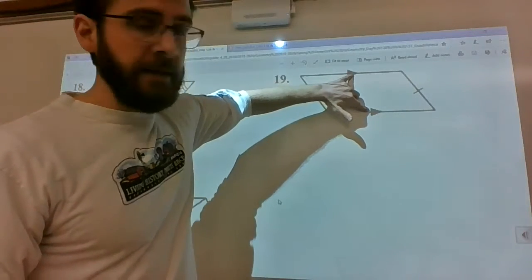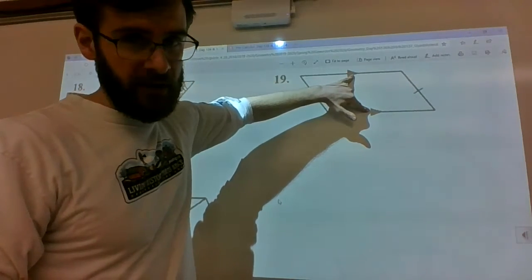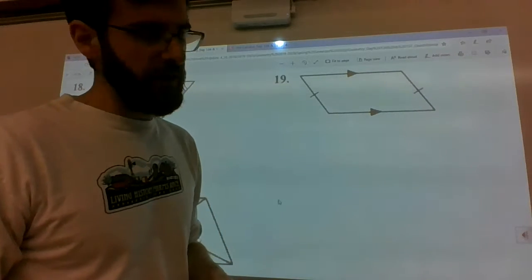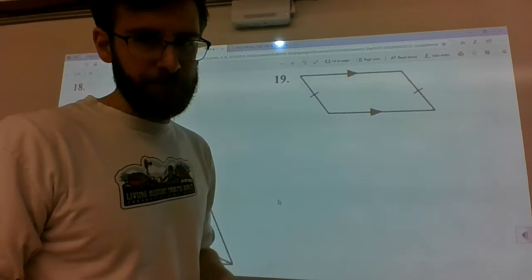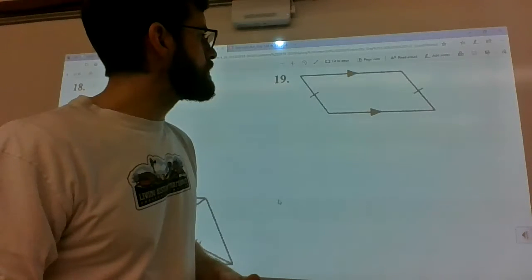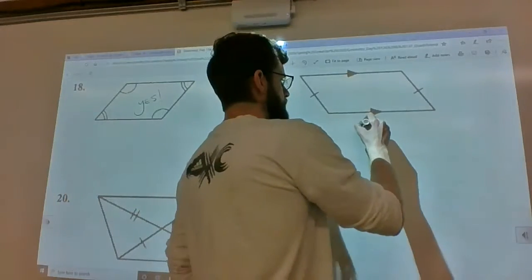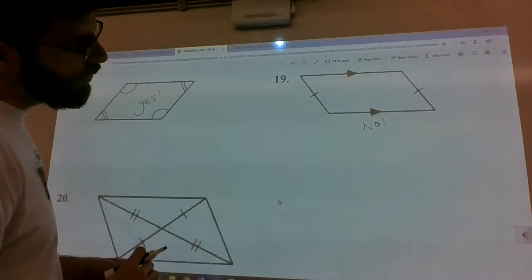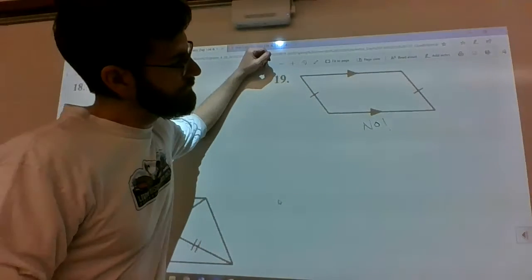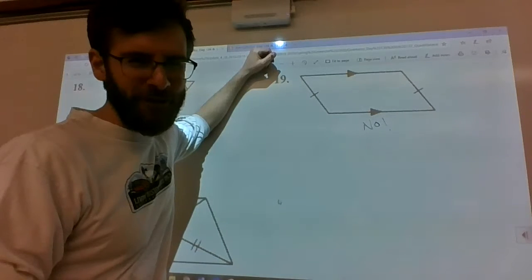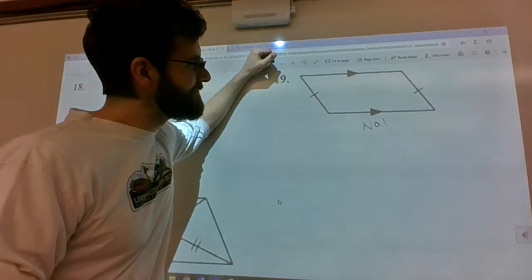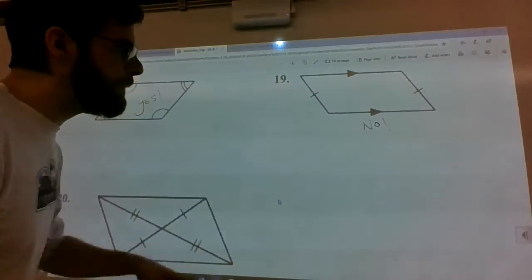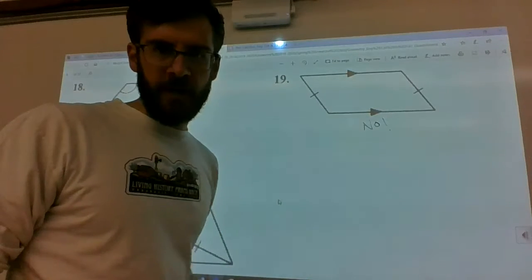What if we have 1 pair of opposite sides that are parallel and 1 pair that are congruent? And that's all that's really given to us in this diagram. Is that a parallelogram for sure? No. Although the way I drew this, it makes it look very similar to a parallelogram, doesn't it? I don't like this one right now. It's messing with me. But the answer should be no, because it didn't give us more information to make a